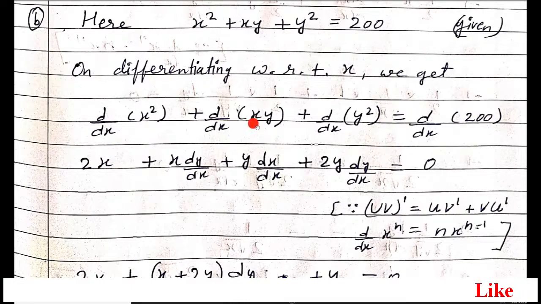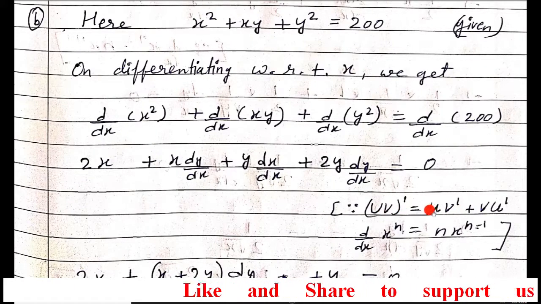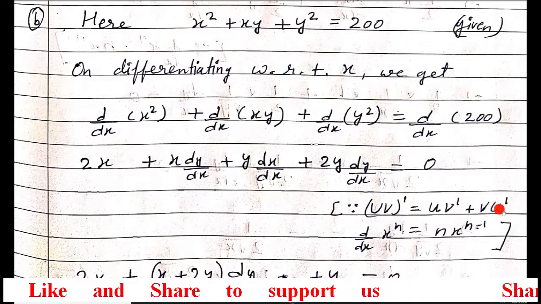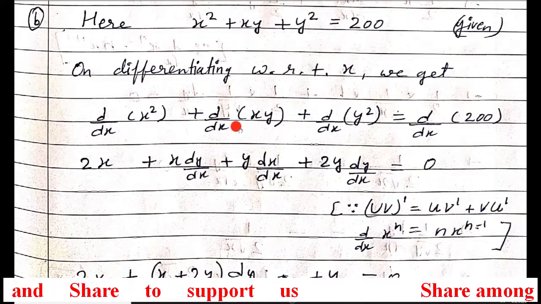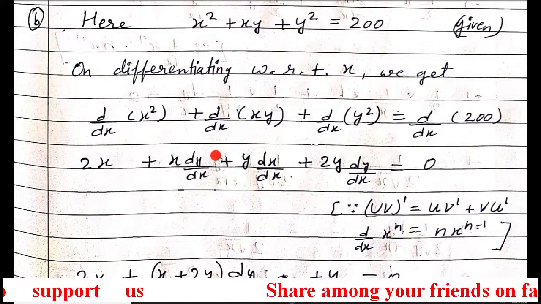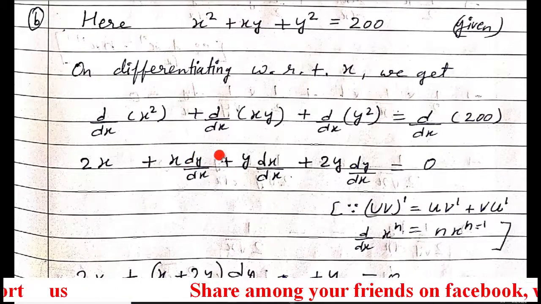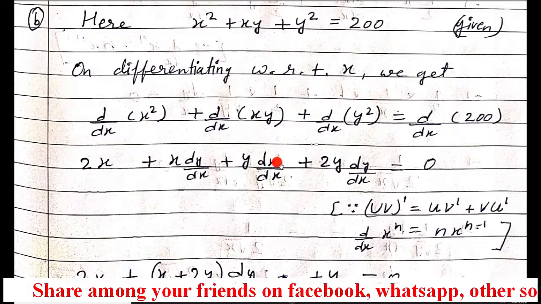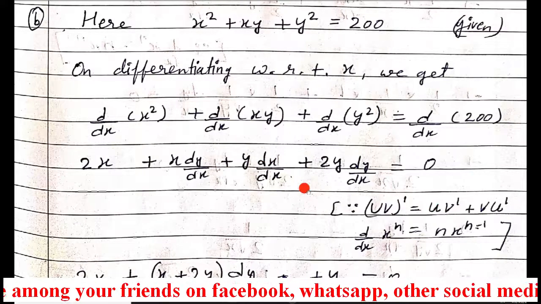Now when we multiply them, there are two functions x and y, that is u and v. So what is the formula of differentiation of two multiplied functions? The first function as it is, differentiation of the second function, then the second function as it is, then differentiation of the first function. So here I kept first x as it is, then I differentiated y. I can't differentiate it. Then y I kept as it is, then differentiation of x. So I simply wrote this formula here.